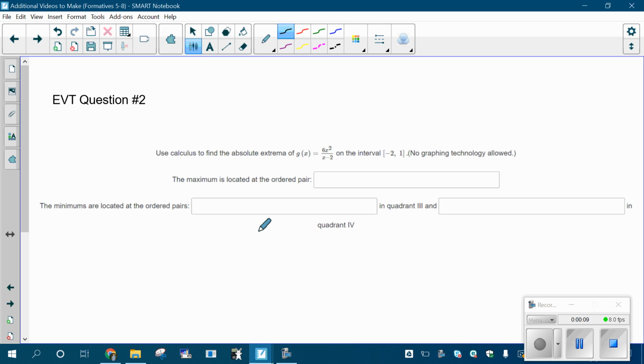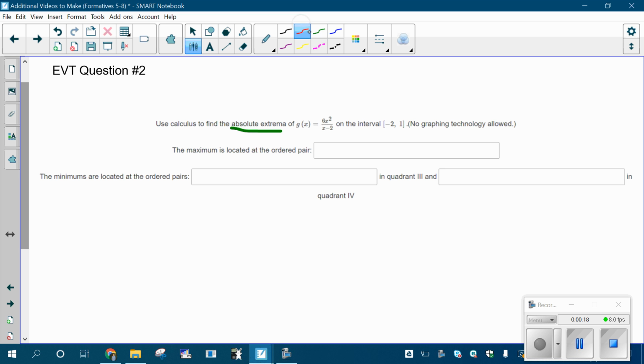This is question number 2. It says use calculus to find the absolute extrema of this function on this interval. Okay, so what we need to do is find the critical points. We find the critical points by finding out where the first derivative is 0 or undefined, so we need to